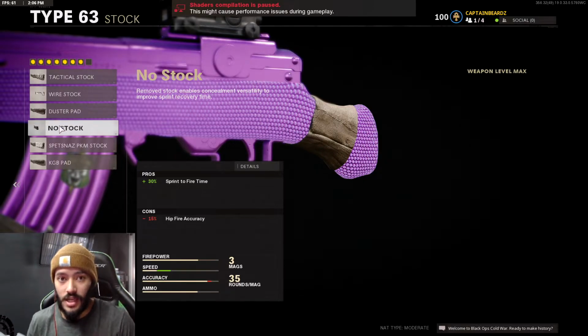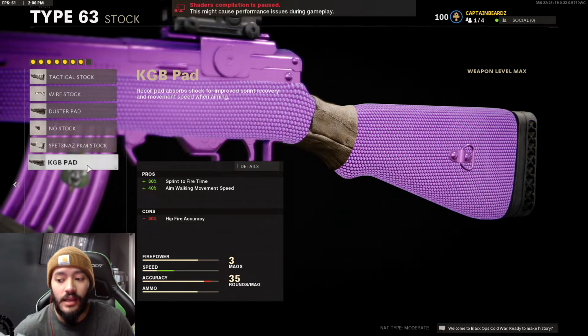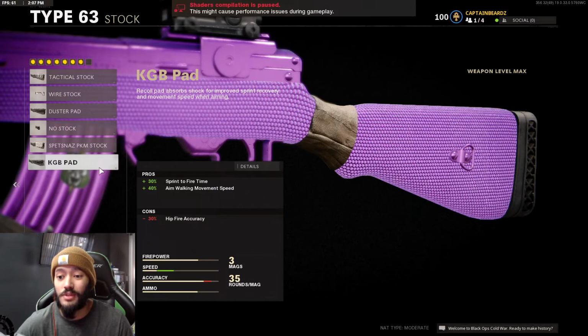So having no stock really helps with that. When you do unlock it though, you can go with the KGB pad just because you're going to get the same effects as no stock. Yes, you're going to lose more hip fire accuracy, but you're going to get the same effects as no stock with the sprint to fire time, but you're also going to get aim walking movement speed plus 40%,